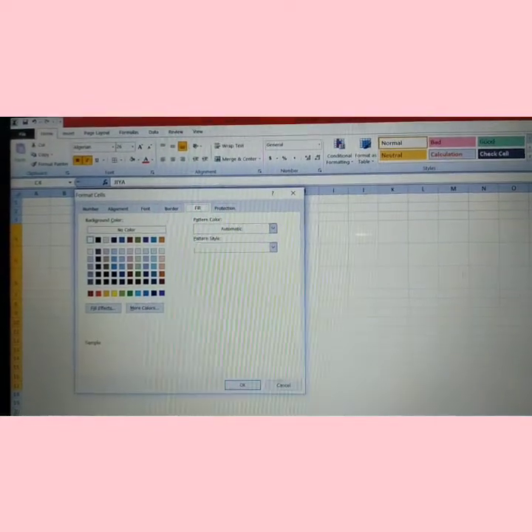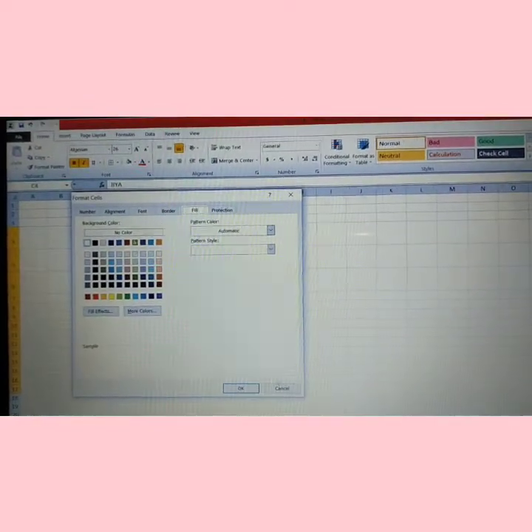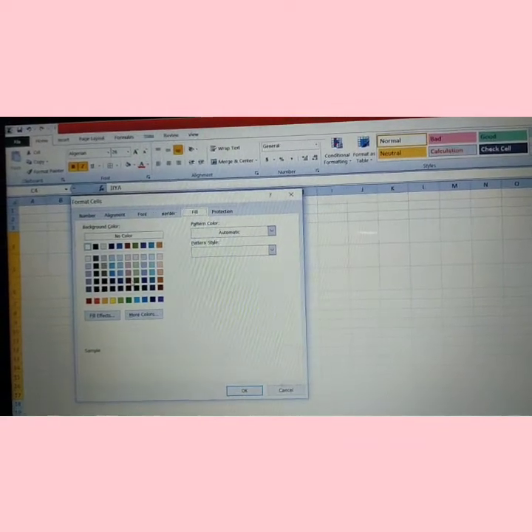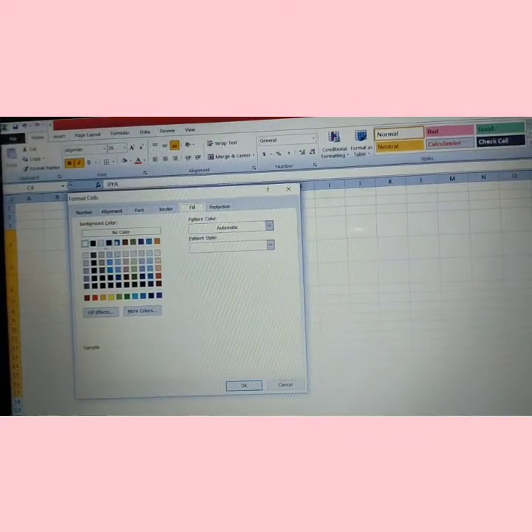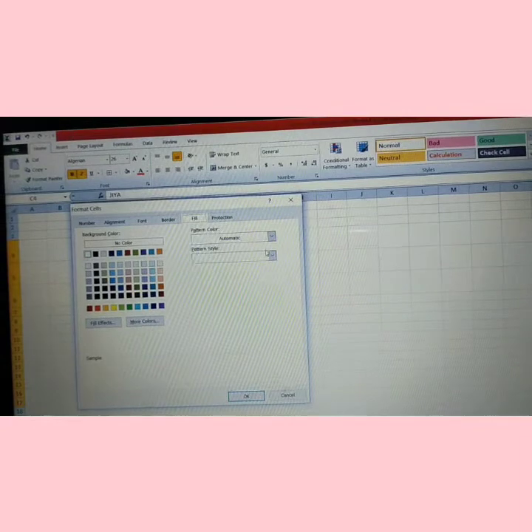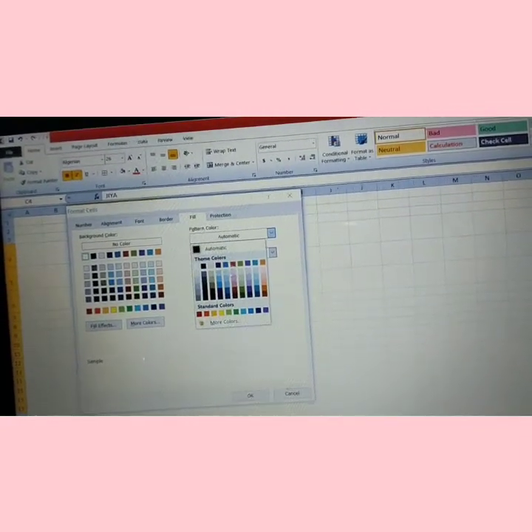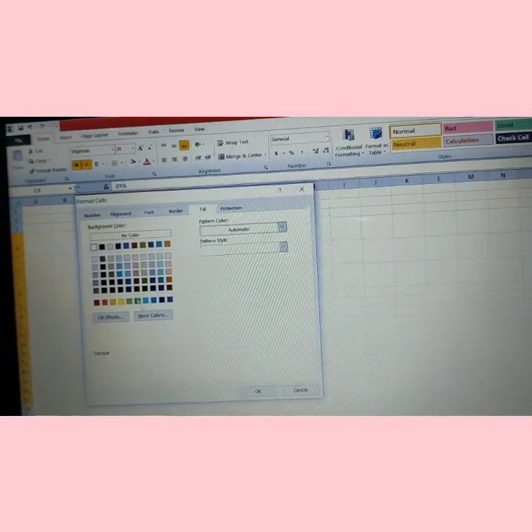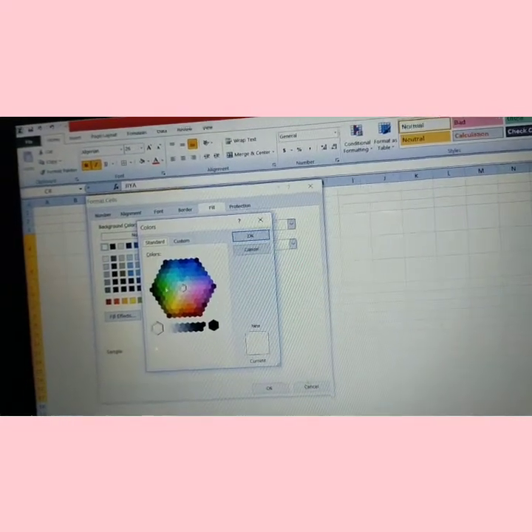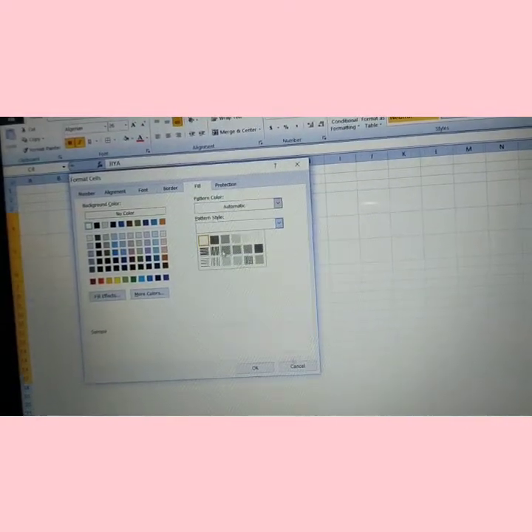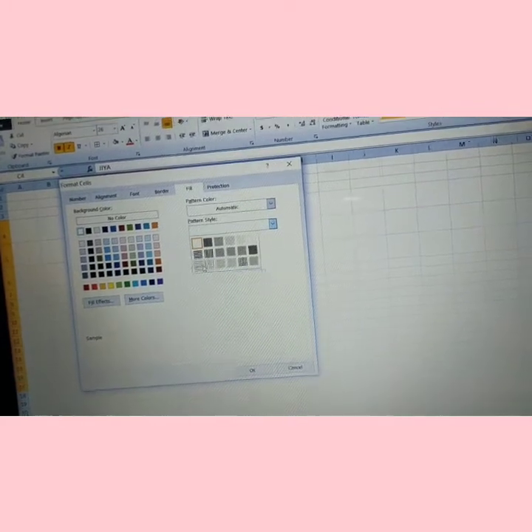So you can take any color. Here are many options. You can pick any color or you can take any pattern style. If you will click on that automatic, so see here are different colors, and for more option, for more color you have to click, take any color or click on pattern style. So here you can see different pattern styles are shown.